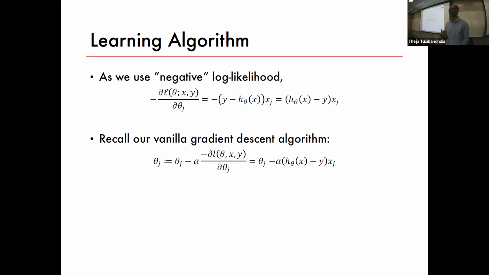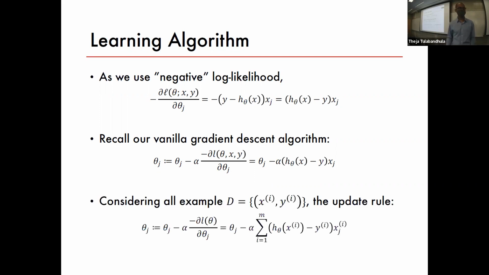The logistic regression model here for binary classes is just an extra g in front. The parameters did not change. It's exactly the same parameters as the linear regression case. That was for a generic example, all this derivation just to get the expression for the algorithm. Now if you have the full data set, batch or vanilla gradient descent would just have a summation over all the m terms. Each term has the same type of expression, so you average over all the examples in your data set. That's the summation here.